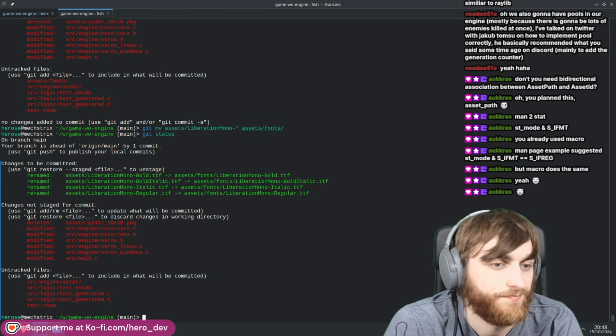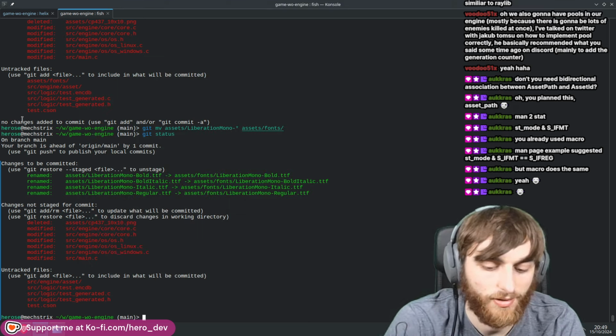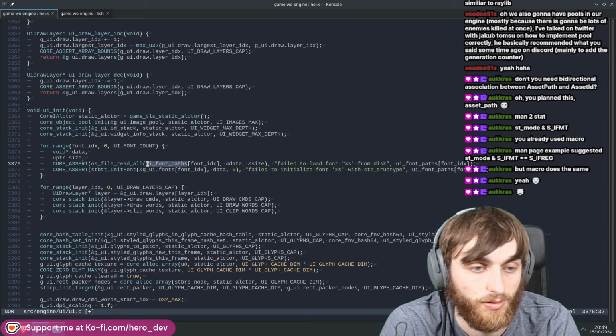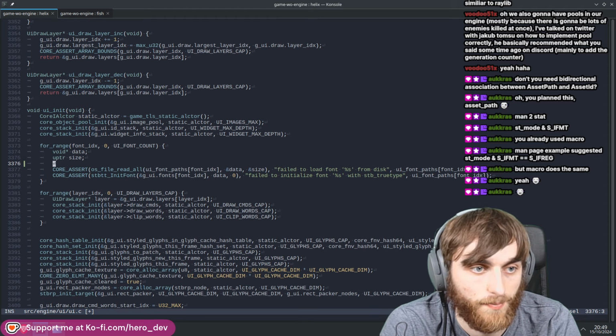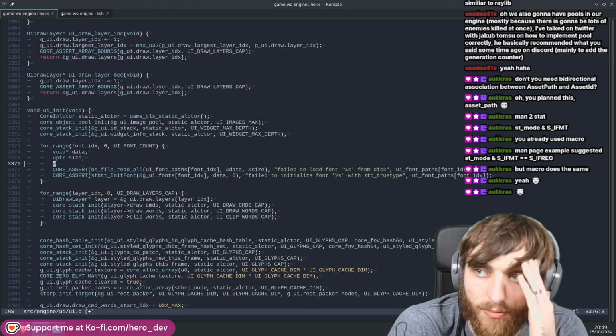Silly git. Can't automatically do it by itself, eh? So, right, this is on the asset system we can do. So, well, yeah, technically with the asset system,